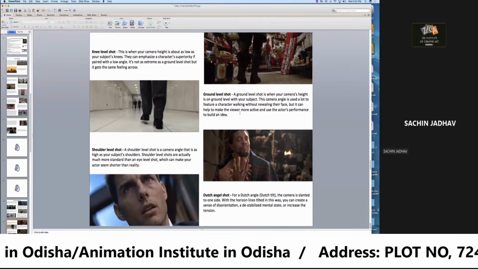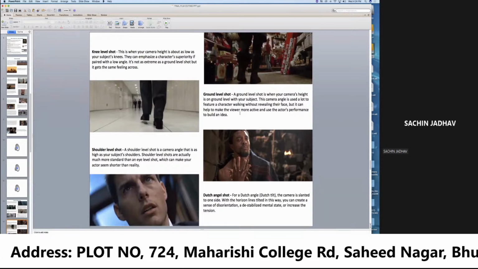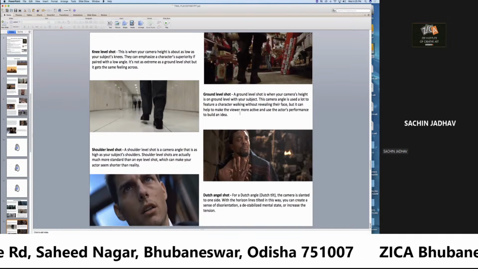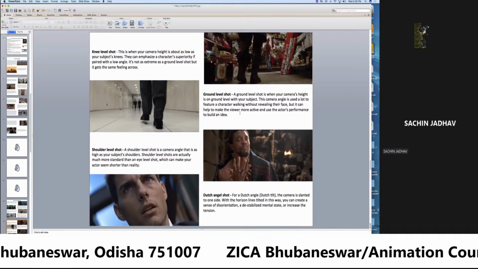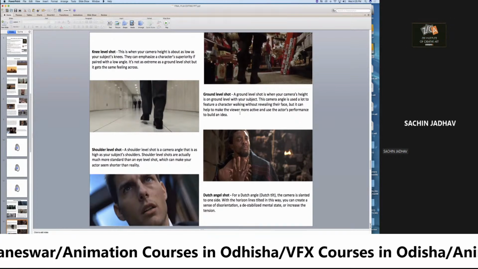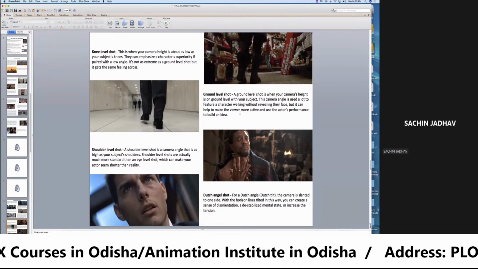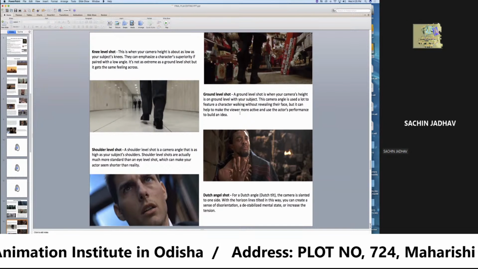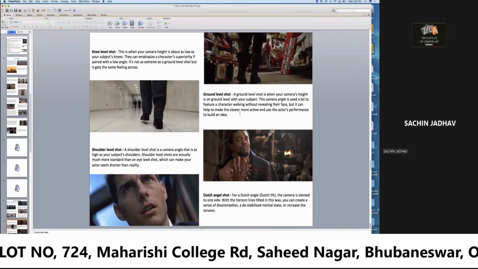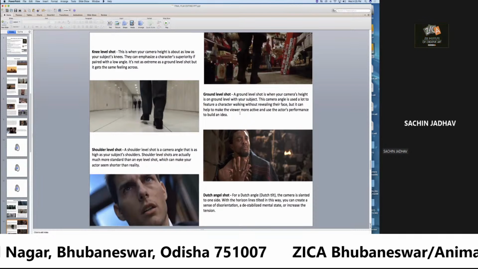देन शोल्डर लेवल शॉट, और शोल्डर लेवल शॉट इज कैमरा एंगल दैट इज as high as your character subject's shoulder. Shoulder level shots are actually much more standard than any eye level shot, which can make your actor seem shorter relatively. ठीक है, दिस इज डिफरेंट टाइप ऑफ कैमरा एंगल्स, बट इन कैमरा एंगल्स को लेके एक मीनिंगफुल फिल्म कैसे बनती है, एक सीन कैसे बनता है, बिकॉज कैमरा एंगल रिलेट टू योर स्टोरीज, शॉट एंगल रिलेट टू योर स्टोरीज।